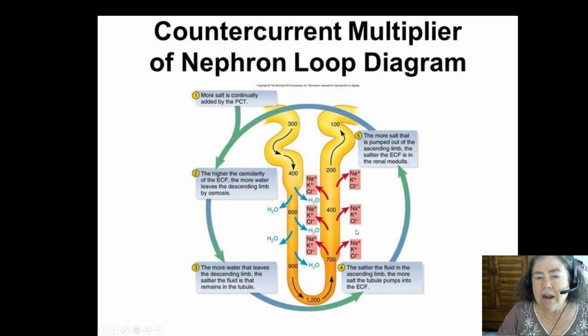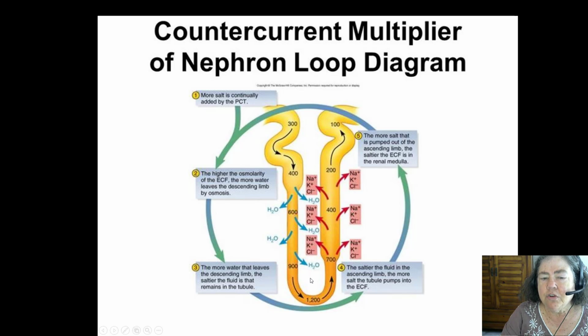If we start on the ascending side of the loop of Henle, there are a ton of those triple transporters. This is a membrane pump that is pushing sodium and chloride and potassium out of the lumen and into the interstitium. And it is working so hard that deep down here at the base of the loop of Henle,